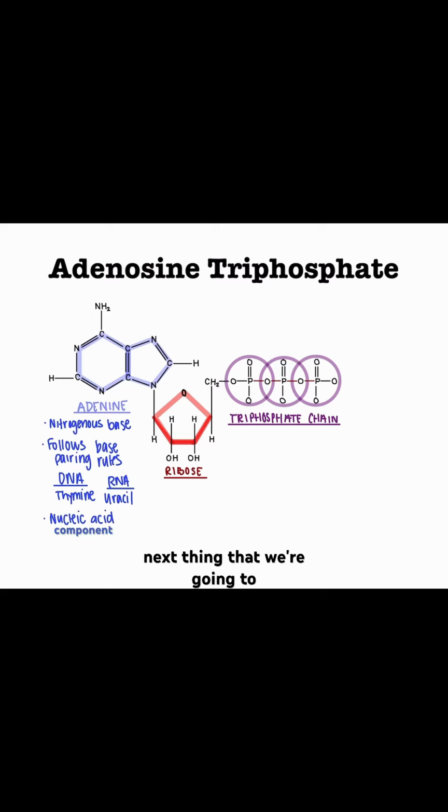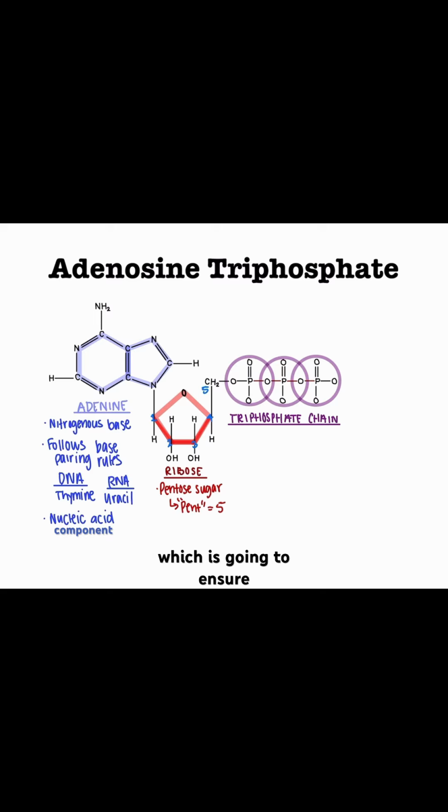The next thing that we're going to talk about is ribose, and ribose is a 5-carbon sugar in ATP. It can also be called a pentose sugar because pent means 5. Ribose is going to act like an intermediary that links adenine to the phosphate groups and holds the ATP structure together. And this sugar is often called ATP's backbone because of that, because it's able to provide